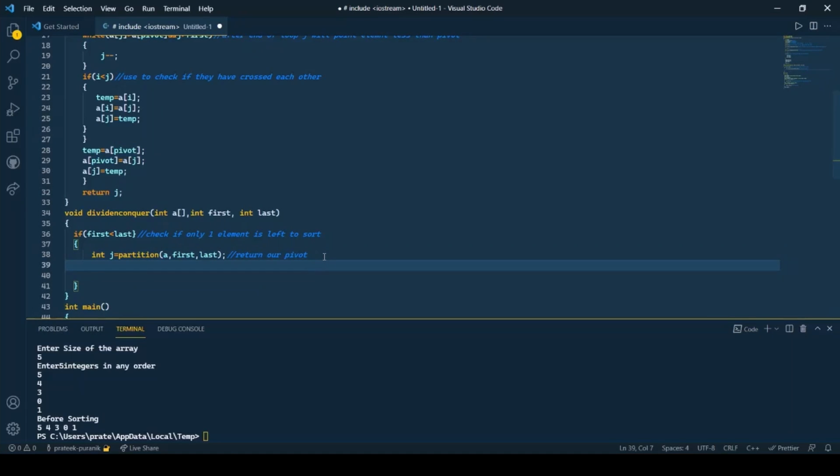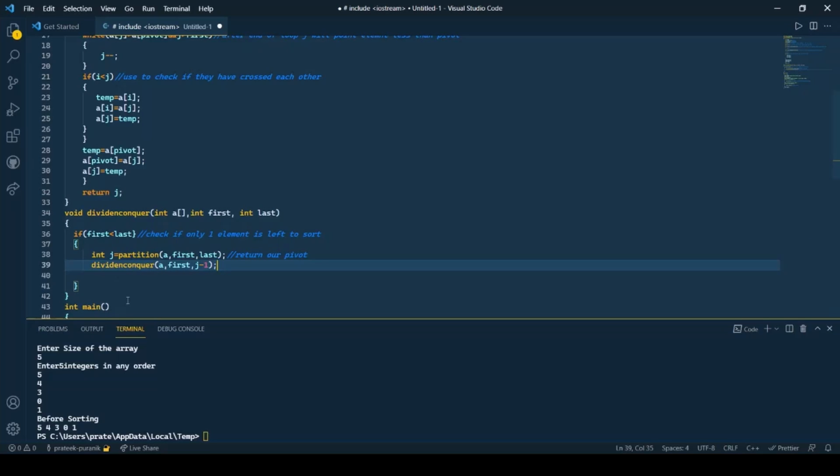Okay. So after we have returned the position of the pivot, we simply need to sort the remaining parts, right? The remaining parts meaning the left part and the right part of the pivot element. So we need to basically again call divide and conquer and pass the values of a comma first, that means the array, comma j minus 1, that means the range in which we need to operate.